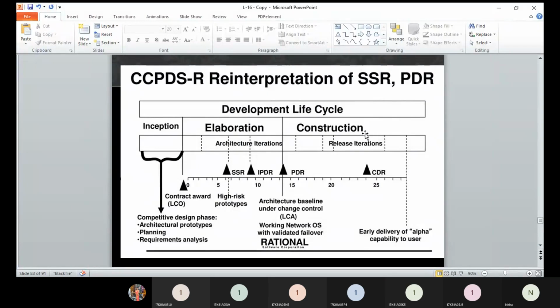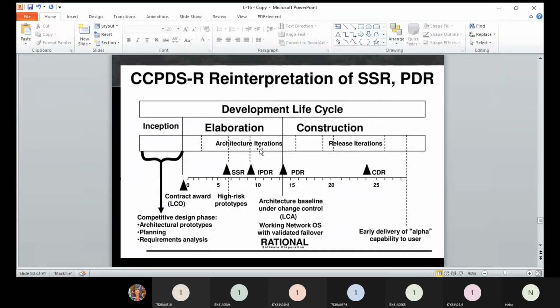Separately, this question can come up in your exam: relate your CCPDSR project with the software development life cycle. Then you have to explain how they relate, which phase is similar to which phase of the life cycle. So let us understand.